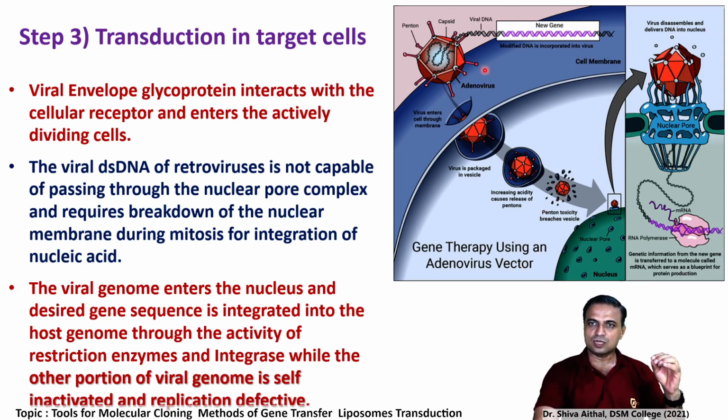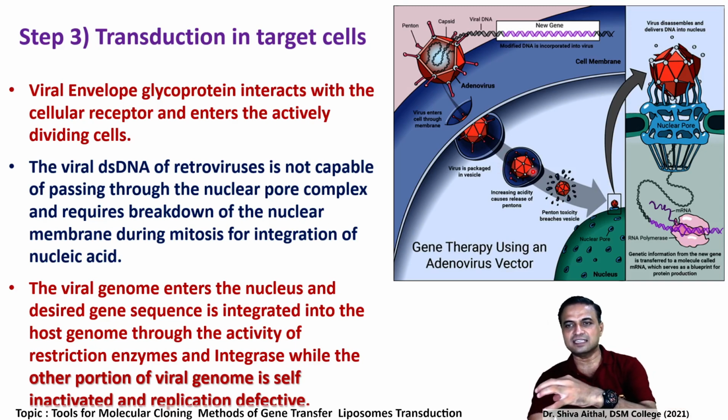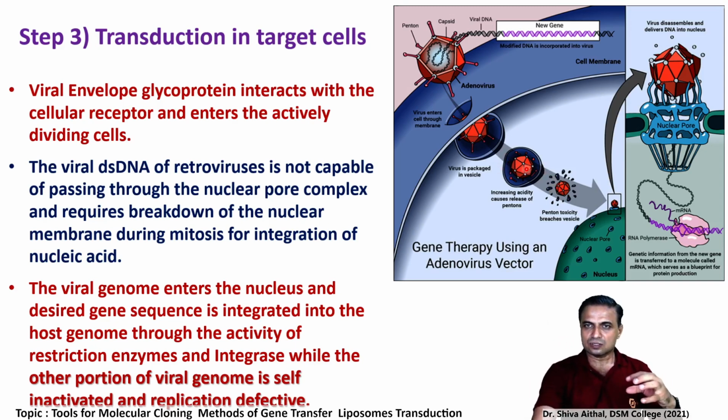Now this is the large part, the blue part is the human cell. On the human cell, the viral envelope is made to attach. It enters through the cell membrane. The virus is packed in the vesicle, that is the cell membrane. Then as it goes inside, there is increasing acidity. So the viral spikes are just released and they go on disassembling,